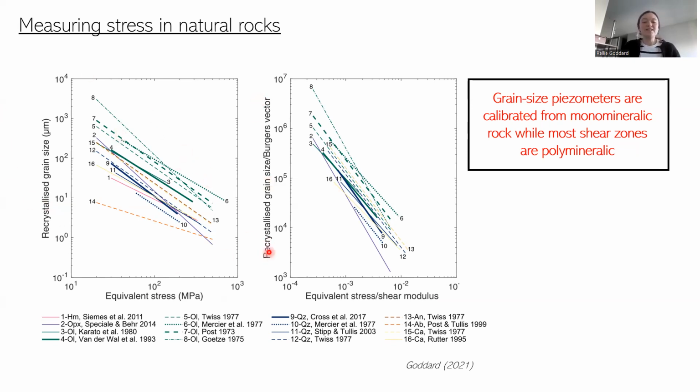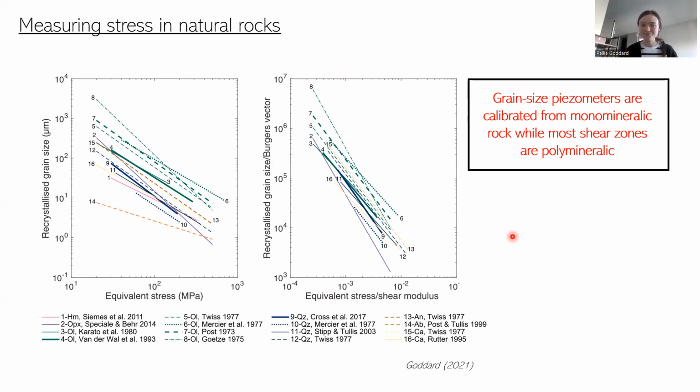So if we normalize the recrystallized grain size by the Burgers vector and the equivalent stress by the shear modulus, you can see that they roughly collapse down onto a somewhat single relationship, at least with a single gradient, which is what the original theory of grain size piezometers would predict. So these are clearly extremely well-constrained